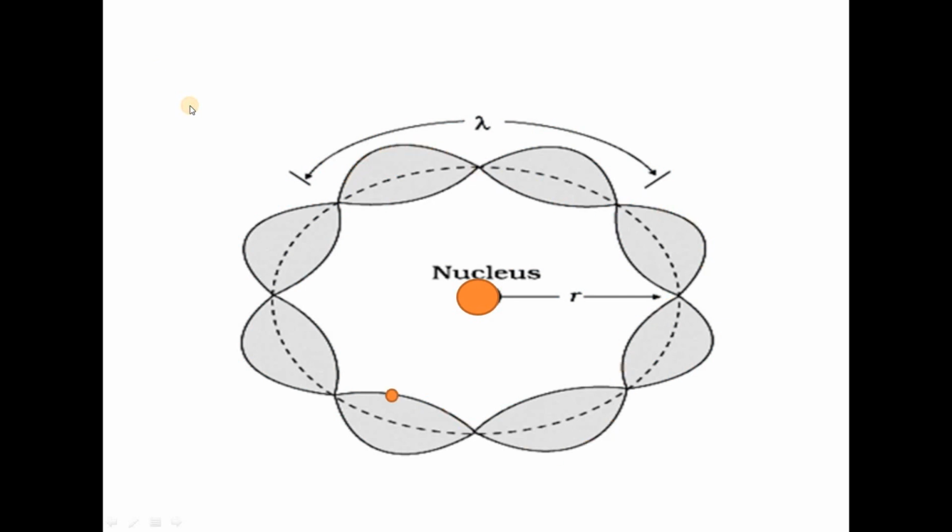Accordingly, de Broglie argued that the electron in its circular orbit must be seen as a particle wave. That is, according to de Broglie, the motion of an electron around the nucleus is similar to the one shown in the picture. That is, the electron is a particle wave. As you can see in the picture, the entire circumference of the circular path consists of four waves.